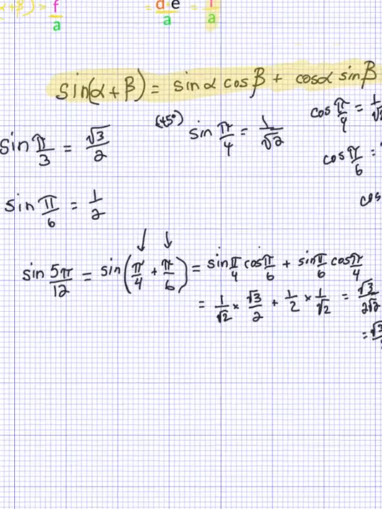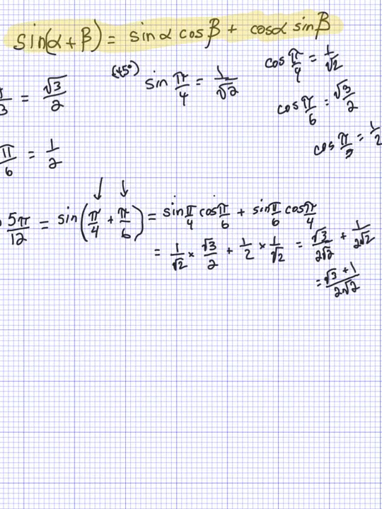Some people hate to see roots on the bottom, so I'm going to multiply top and bottom by root 2. So root 3 times root 2 is root 6, plus 1 times root 2 is root 2, all over, well, root 2 times root 2 is just 2, so this is over 4. And that is the exact value of sine